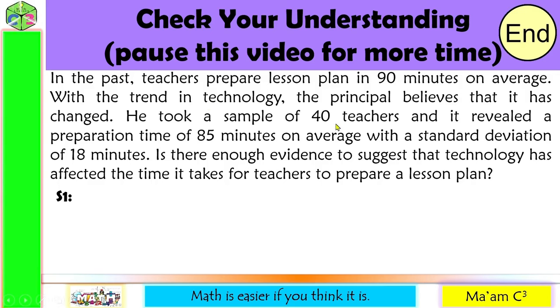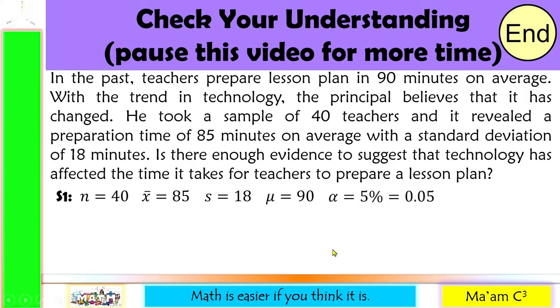A sample of 40 teachers, so n is equal to 40, revealed a preparation time of 85 minutes on average, referring to the sample, so sample mean x bar is equal to 85, with a standard deviation of 18 minutes, also referring to the sample, small letter s. So it follows that this 90 minutes here is our population mean. And it is correct because it says here in the past. So it is based from previous study. Once again, there is no level of significance mentioned, so we are going to use alpha is equal to 5%